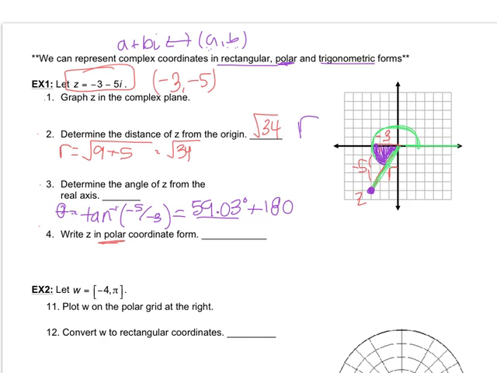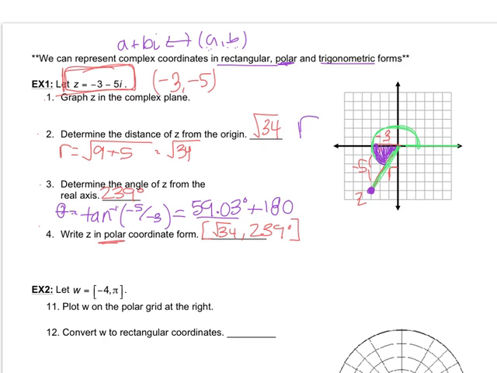So plus 180, and we get theta as 239.03 degrees. We can just round that to 239. So the polar coordinate for our original complex number is the square root of 34 for r, comma,